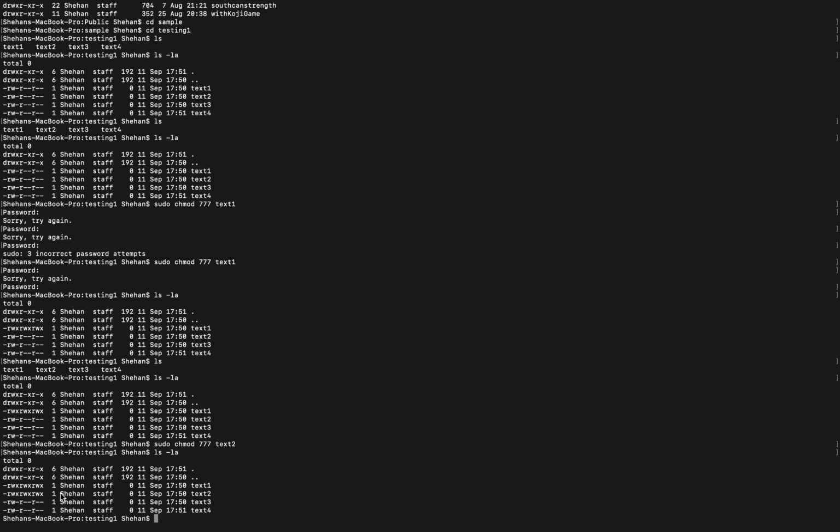Now what if I want to give root ownership to this text2 file, meaning that root should own this file? Well, I would use chown for that. Again, we'd have to use sudo chown,